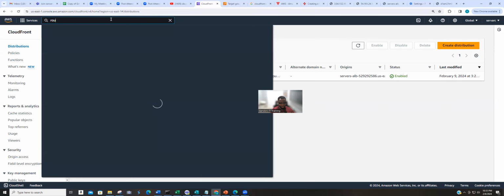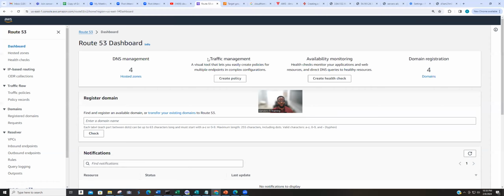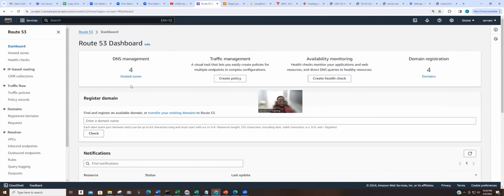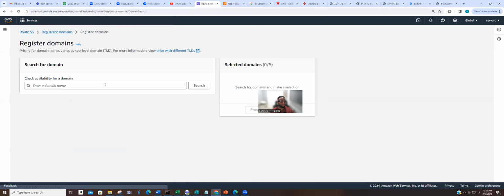So I'm going to go to my Route 53, and I already have a URL set up. If you don't have a URL, you probably want to buy a cheap one to use as practice. You can get one as low as $3 in AWS. And how do you do that? If you go to domain registration, click on create one, you can register a domain. You can just look for something like